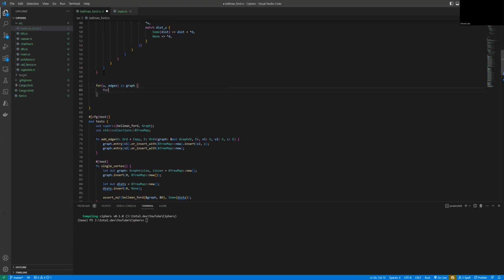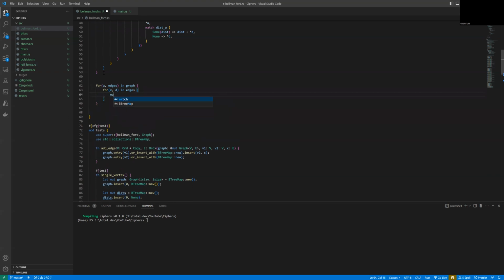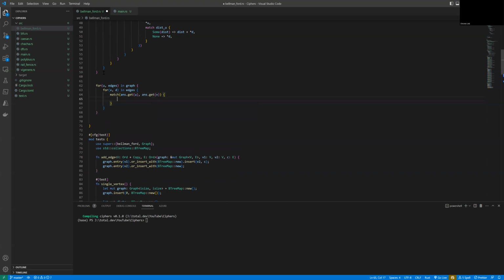let's run the for loop again for all of the b and p in edges, basically all the neighbors in edges. Then we run the match: dot get u, comma, dot get p, some or none,